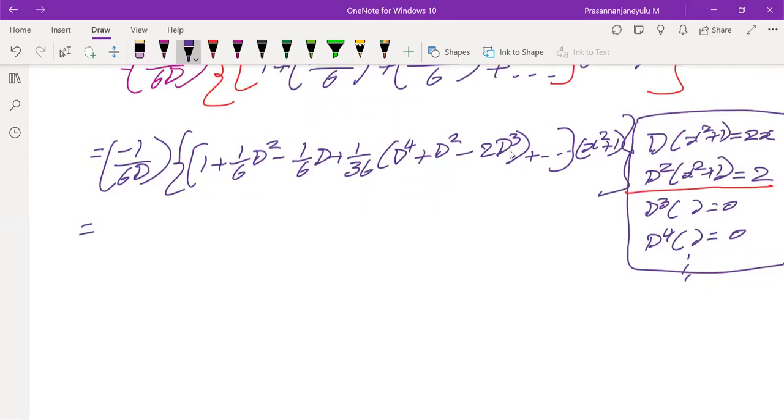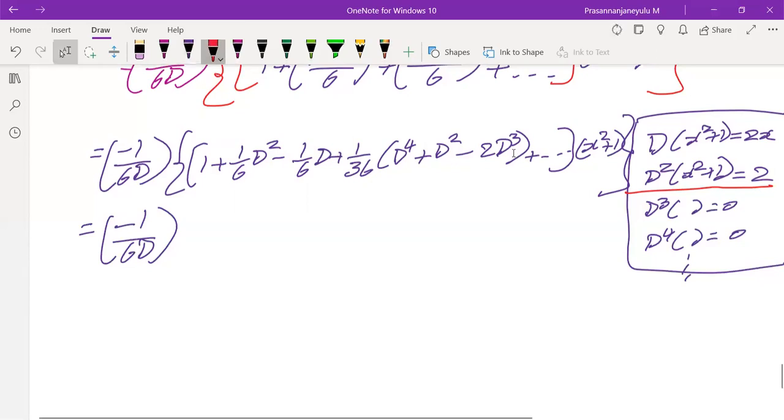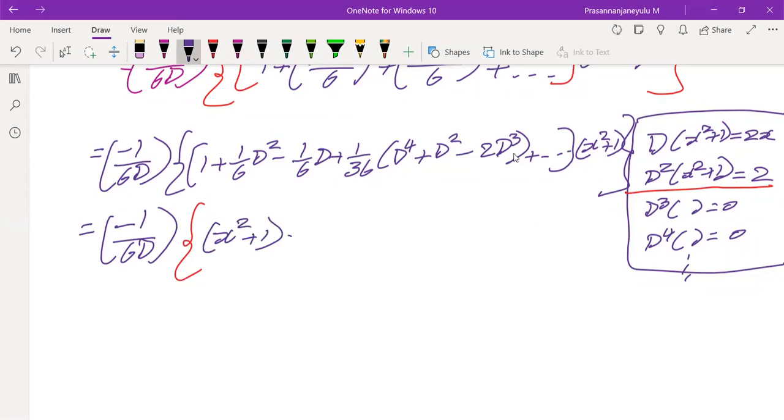But instead of writing that, it is minus 1 by 6D of, first I'm going to multiply 1 with x square plus 1. If we multiply 1 with x square plus 1, we will get x square plus 1, plus 1 by 6 into, what is the D square of x square plus 1? 2. That already we have written in the form, minus 1 by 6 into D of x square plus 1